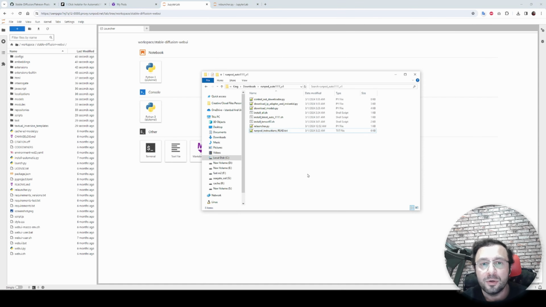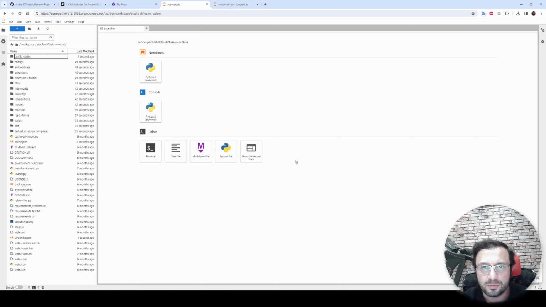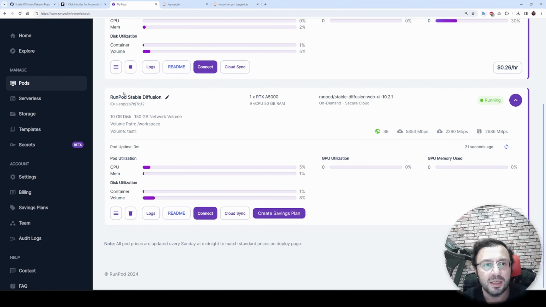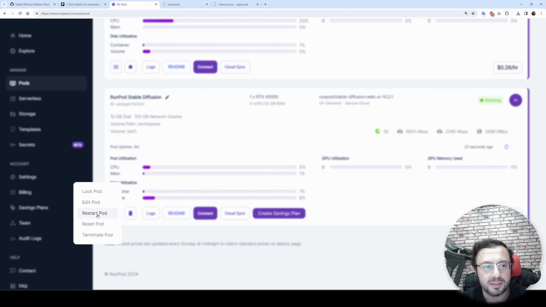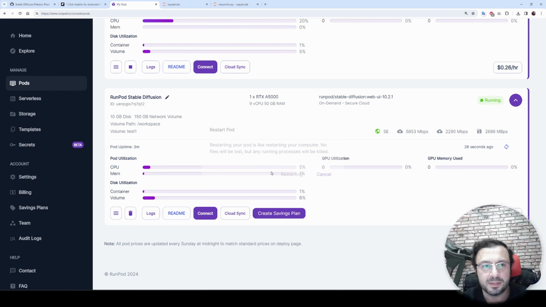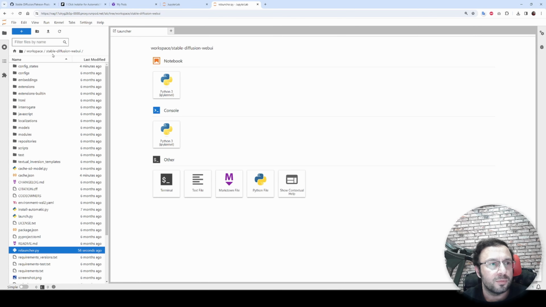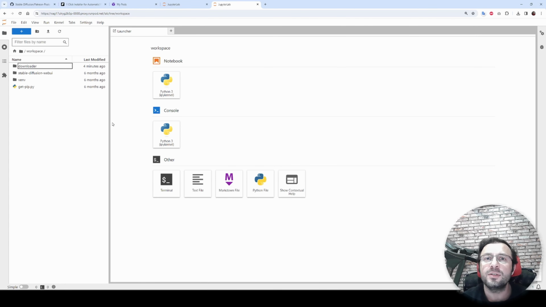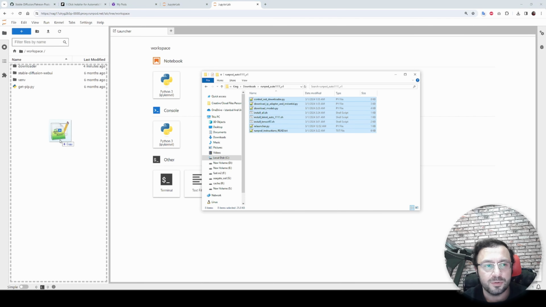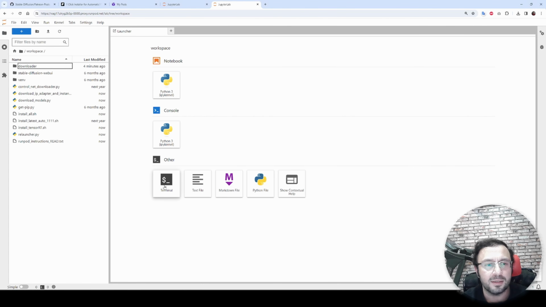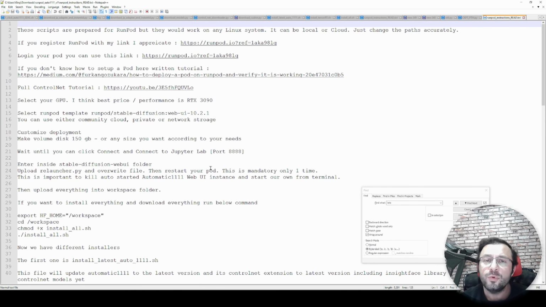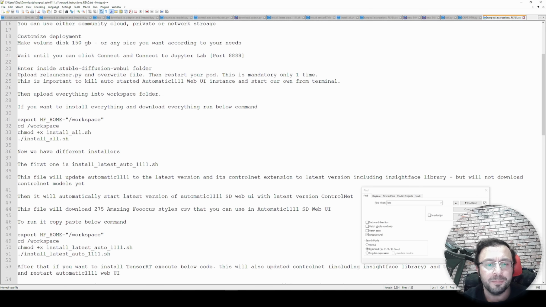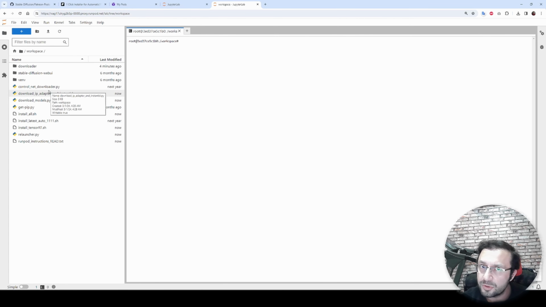So it is here. You can also alternatively drag and drop like this into this folder and override. It will do the same operation. Then we will also restart this one as well. So let's just restart it. Okay, this pod probably restarted. Now for installation, what we need to do is just drag and drop files here like this, then open a new terminal. Now you can read this file very carefully. I have separate installers and updaters.